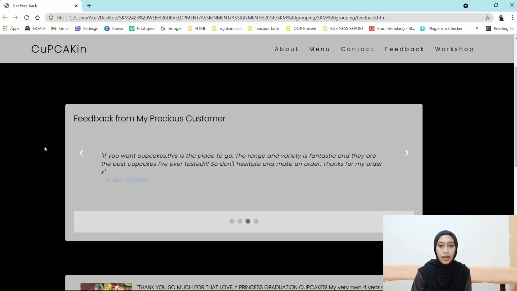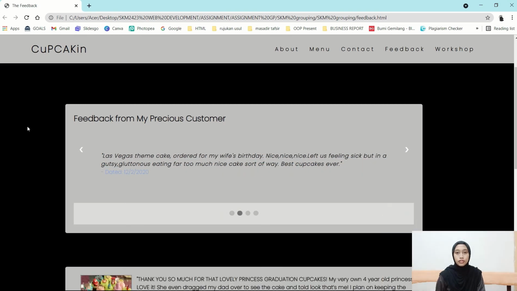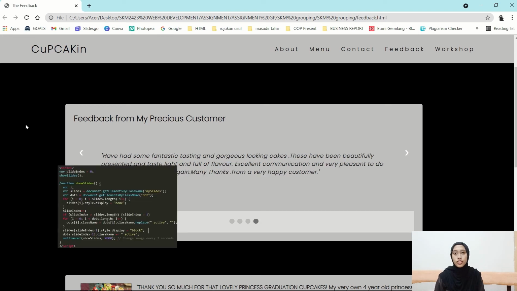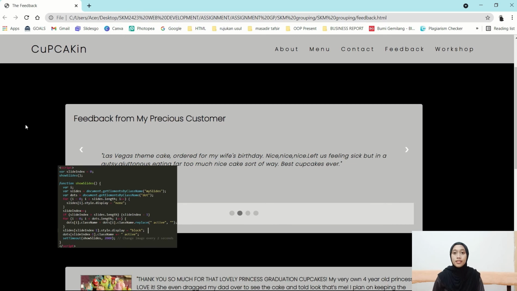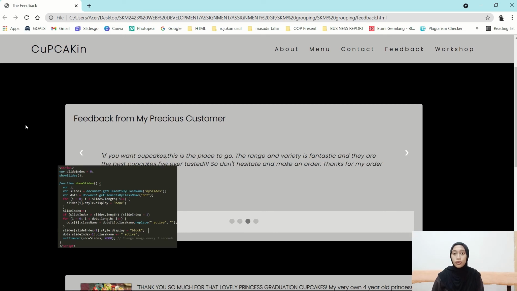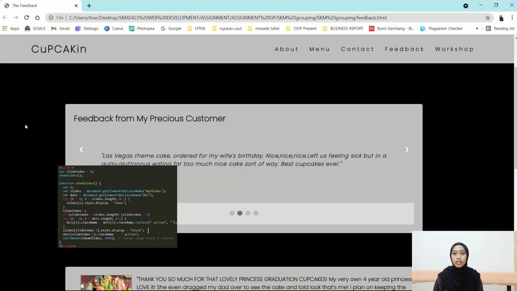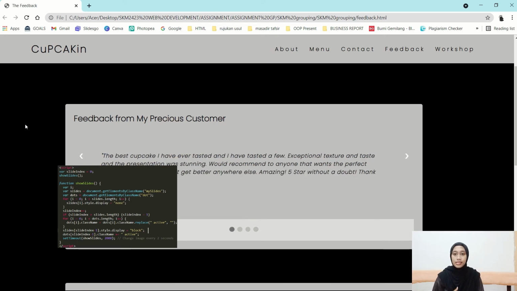So for this part, we included JavaScript to display an automatic slideshow. So we put a script tag for the JavaScript function. As you can see, this is the code that we use. The variable slideIndex equals 0, and in the function showSlides we have variable i. Variable slides with document.getElementsByClassName my slides. Then variable dots with document